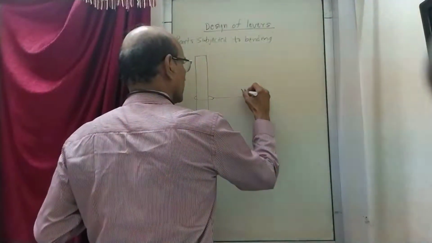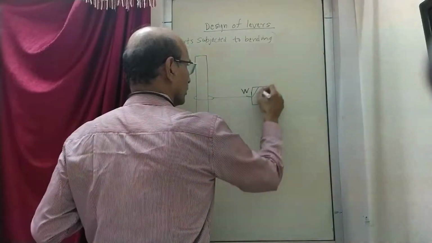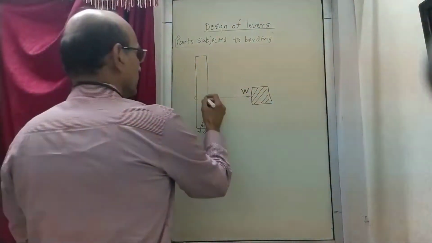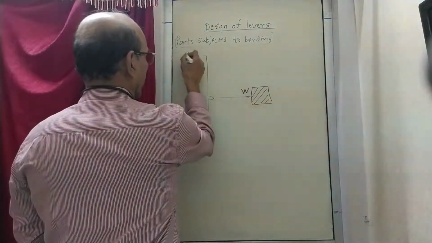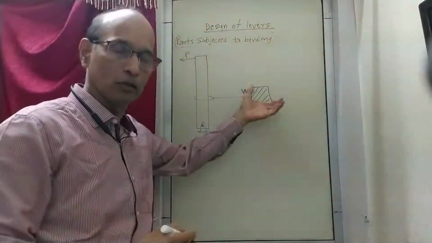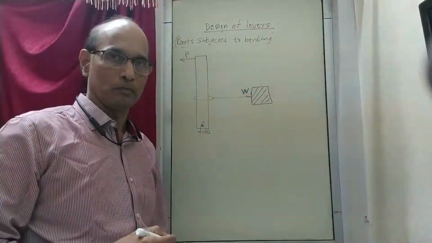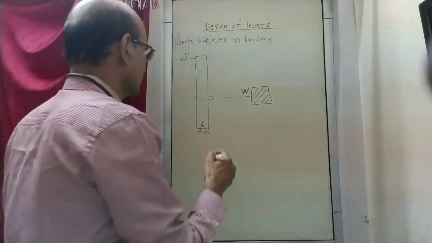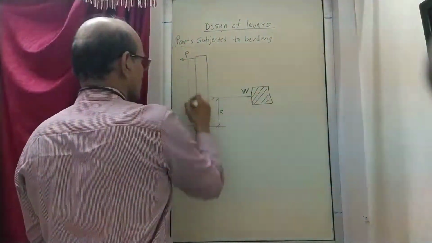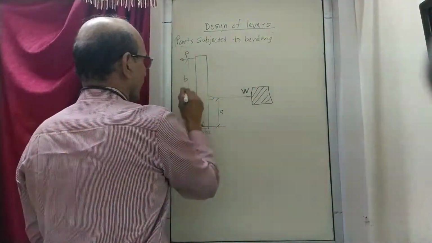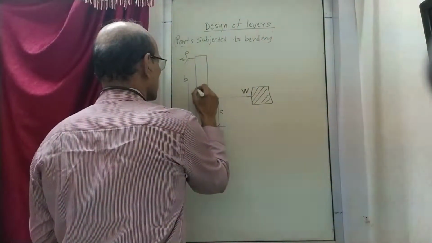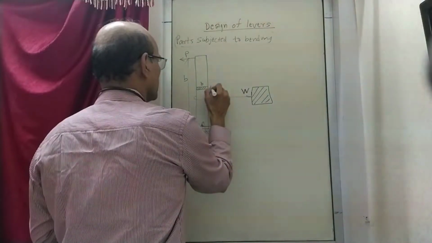Let's say there is a load. This load is tied here and you want to pull it by applying effort. So by hand I am applying effort here, so that the lever which is tied here, with the load tied here, I will be able to pull. And then certain dimensions are given to us. Let's say this is given as A, this is given as B, and then this is the lever whose cross section is given to us as B by T.